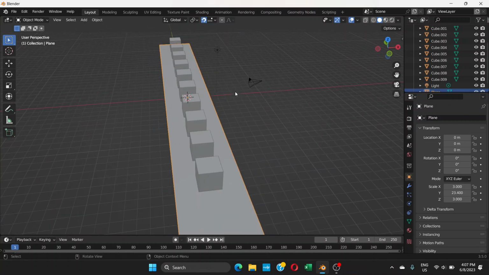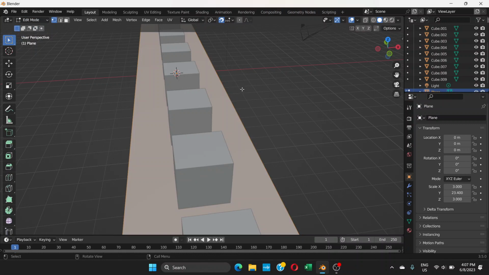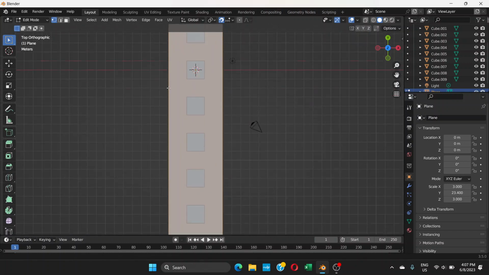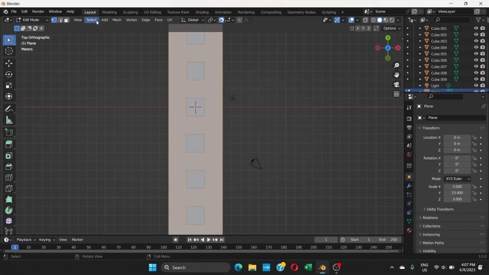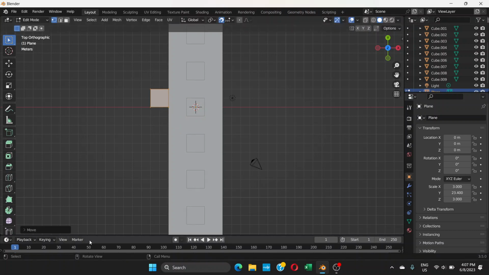And now we're gonna go to this belt, click on the belt, the conveyor belt, and go to edit mode. We're gonna go to top view again. Okay, zoom out, and we're gonna go to add and plane. We're gonna add plane again. Press G and drag like this. Click, and then with the